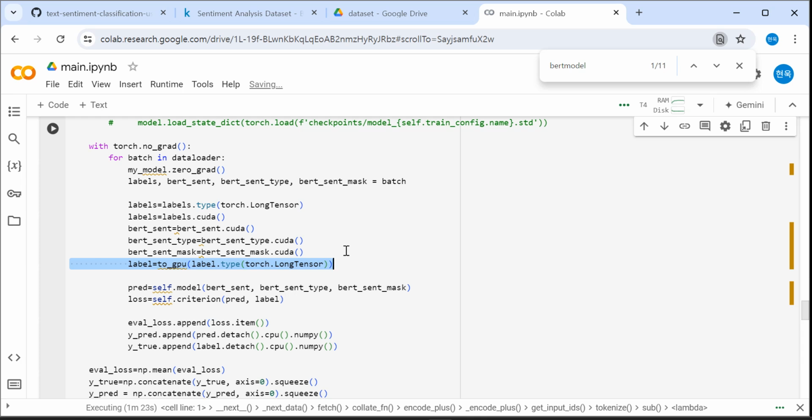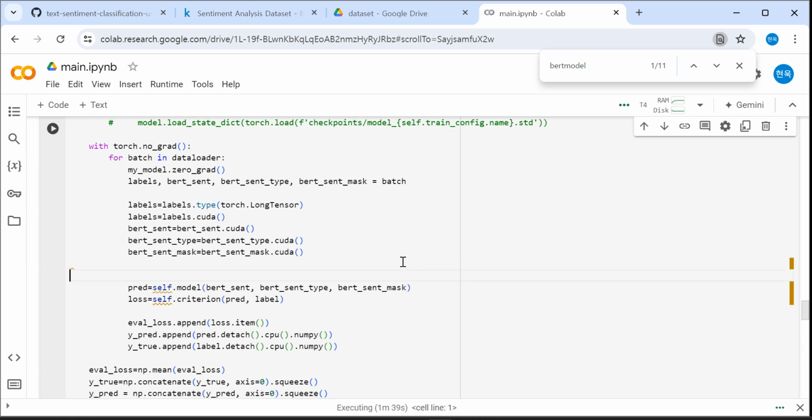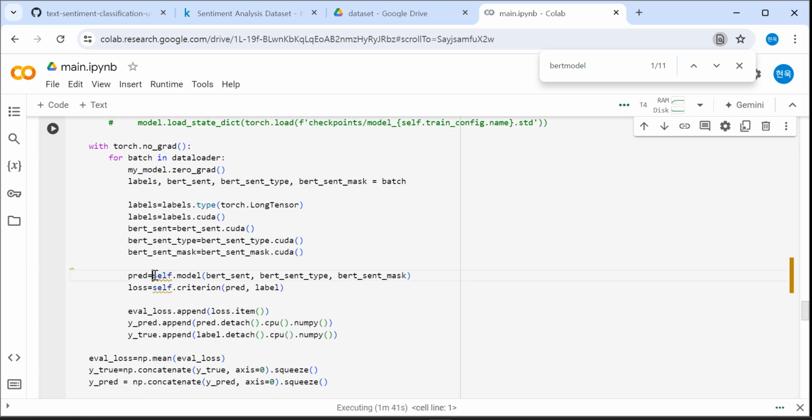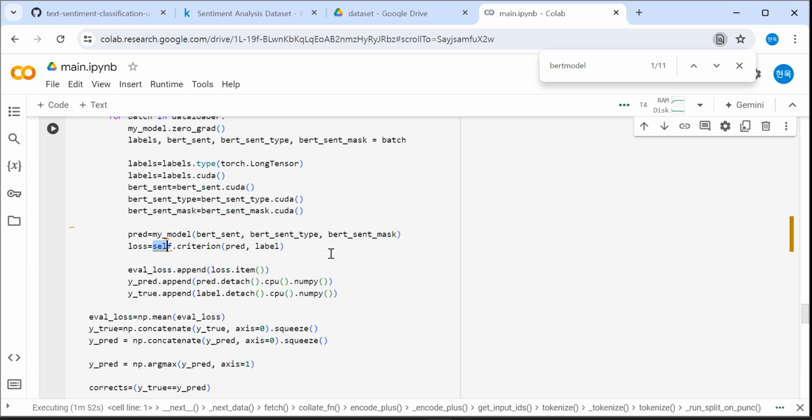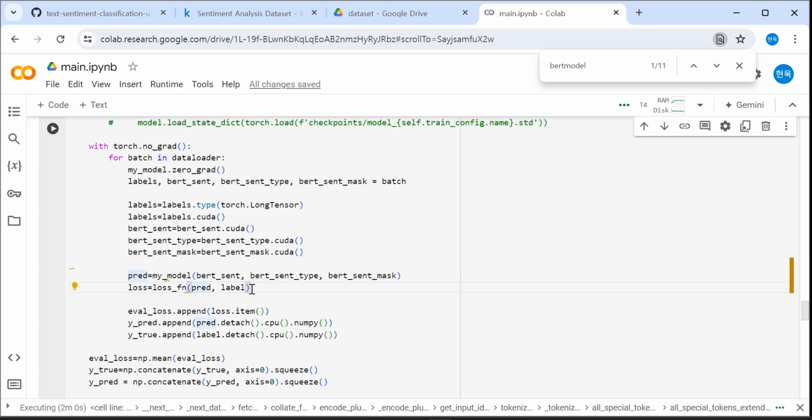So remove this line. Label is to GPU of label.type of torch.long tensor. So it's correct. So prediction is my model of bot_sent, bot_sent_type, bot_sent_mask. Loss is loss function of pred, labels,